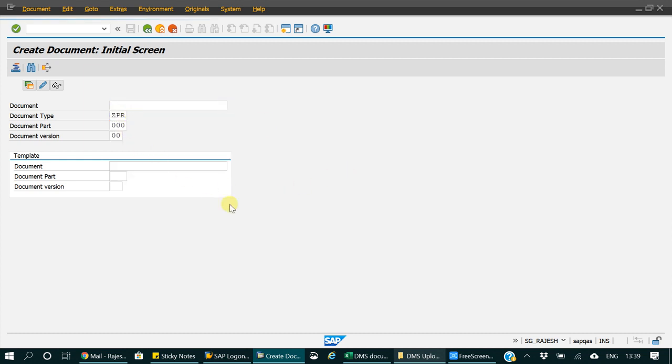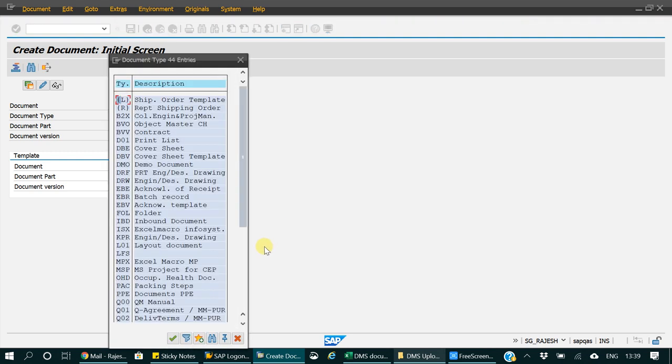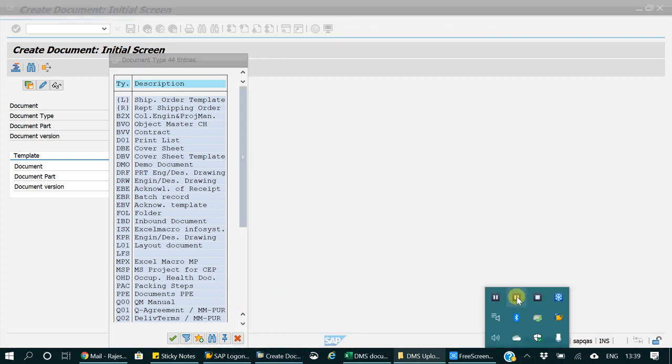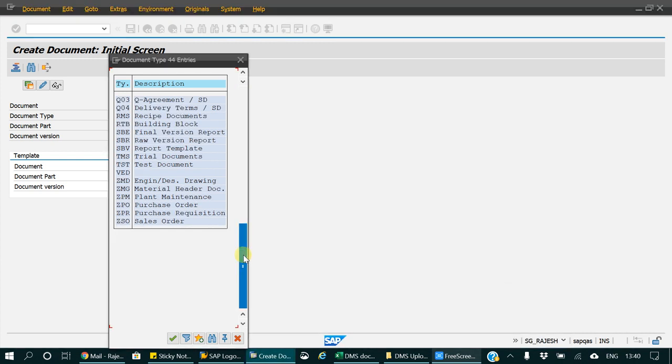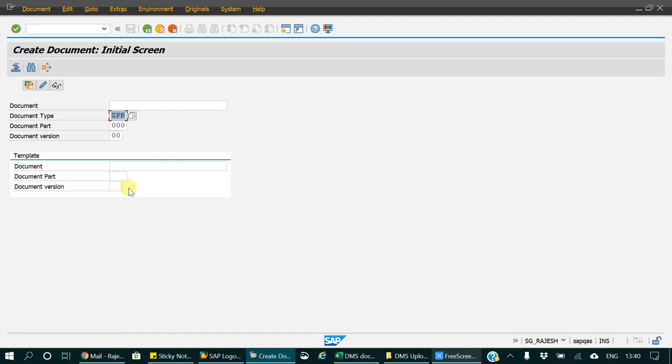In document type, you have to select the relevant document type, which in our case here will be ZPR, which is for purchase requisition. After selecting the document type, click enter.